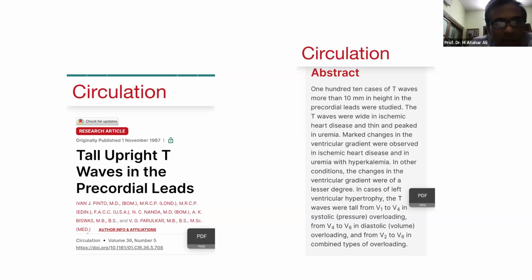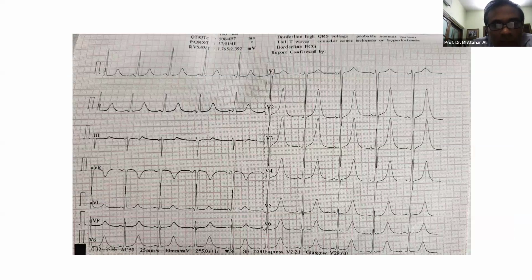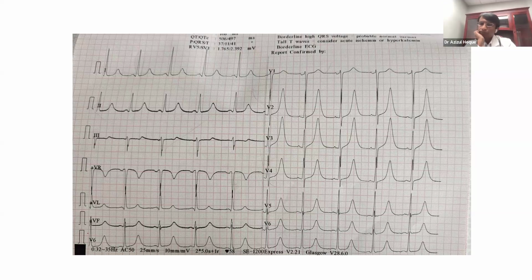Shafique, can you go back to the ECG again? Aziz bhai, actually, this is a tall peaked T wave with wide base, and both the limbs are almost symmetrical, though the ECG satisfies the criteria of an ischemic T. Right, sir. So hyperkalemia is excluded because of the wide base and symmetrical limbs. But the possibility is that it is ischemia related, not necessarily an ST elevation MI.